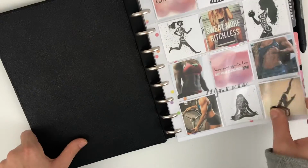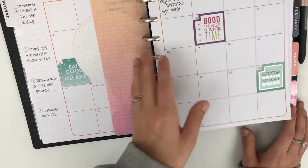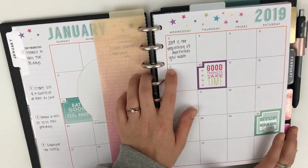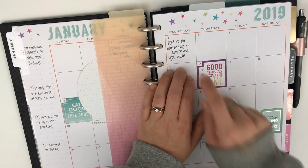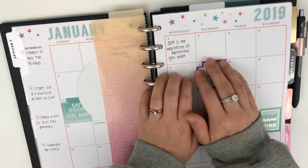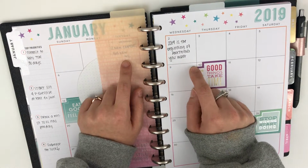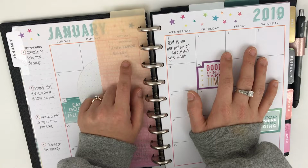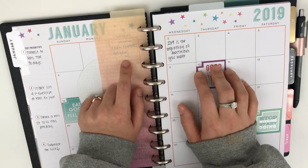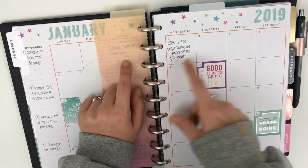What I do in the mornings is I actually write down, I just started this. You guys still can't see what I'm doing. Sorry. I write down a quote of the day or something motivational every single day. I just started this, but I have this app on my phone. I think it's called Motivation. Don't quote me on that, but I think it is. And it basically has a new quote or a new little saying on the screen every single day. So I just hop in there and I jot something down, and I think that's really kind of cool